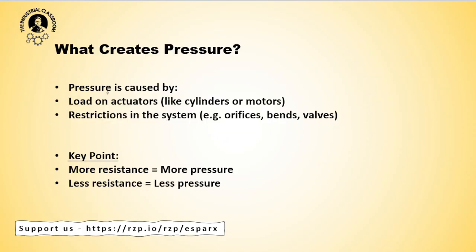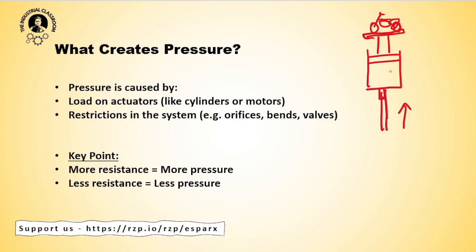Now what causes this pressure? See, pressure is caused by, this is a cylinder here. Let us consider. Okay, so you are connecting it to a hose. So this is a cylinder and this is my piston. A piston, a load is there. You are putting a small bike here. Okay, small bike here. So now